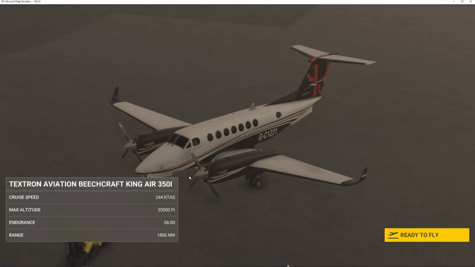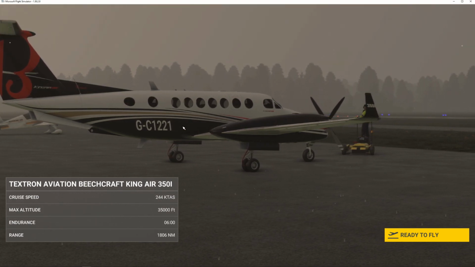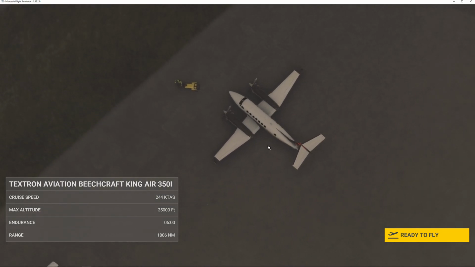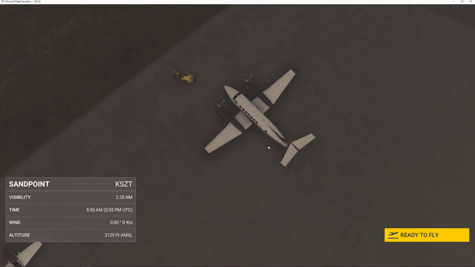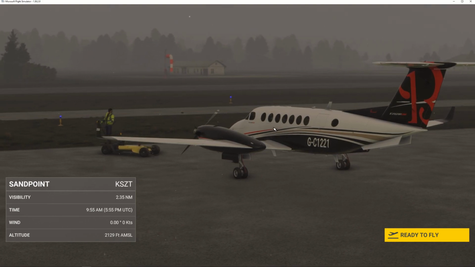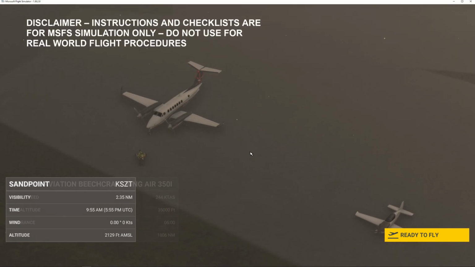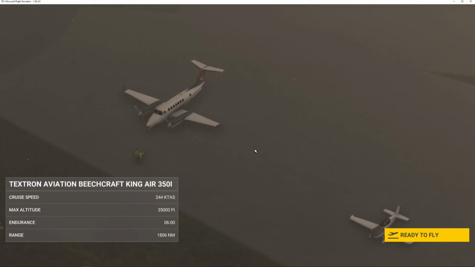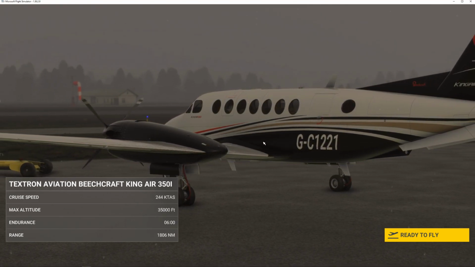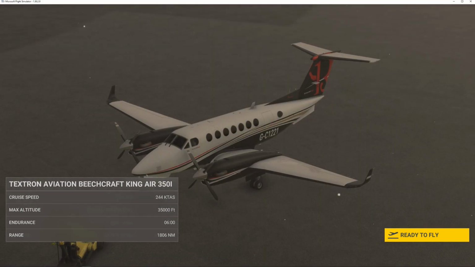So I think a patch was done on this aircraft, because I think I've done previous videos with it and it was working better, especially the flight plan on the primary flight display. It doesn't seem to want to load and show up properly, but at any rate, I created a flight plan using the world map for Microsoft Flight Sim, and